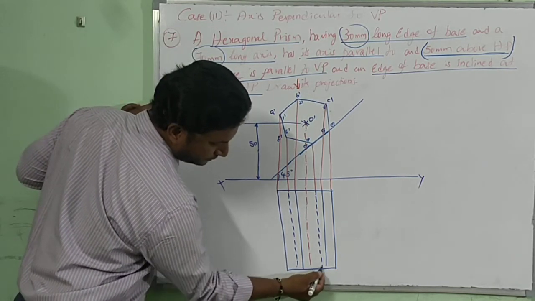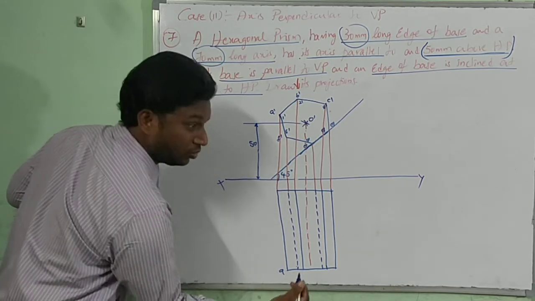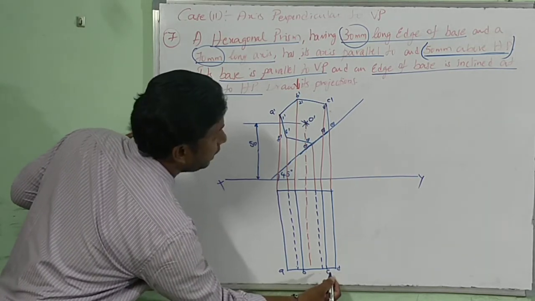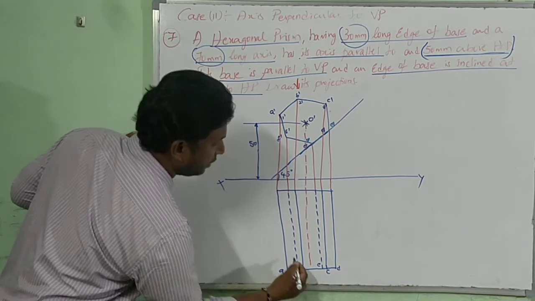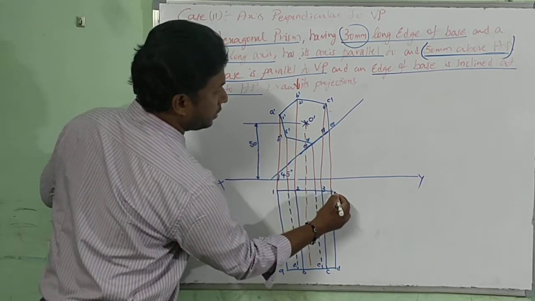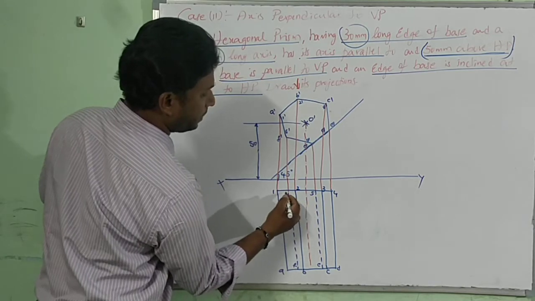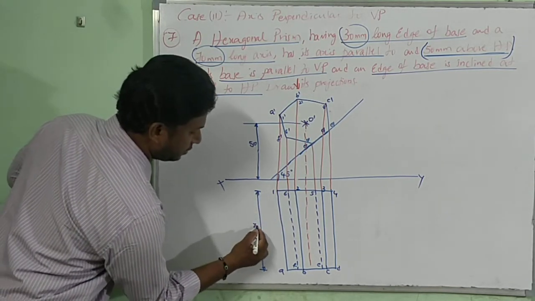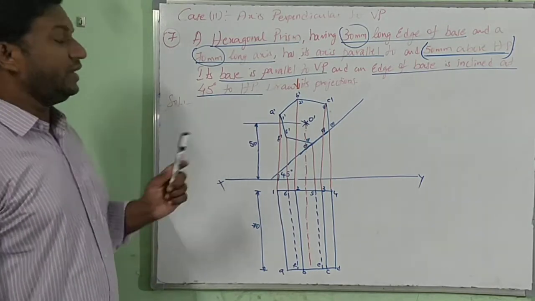Finally closing. Points, outside points, A, B, C, D, E, F. 1, 2, 3, 4, 5, 6. This axis of height 70. Finished. Simple. Remember the condition for this problem,